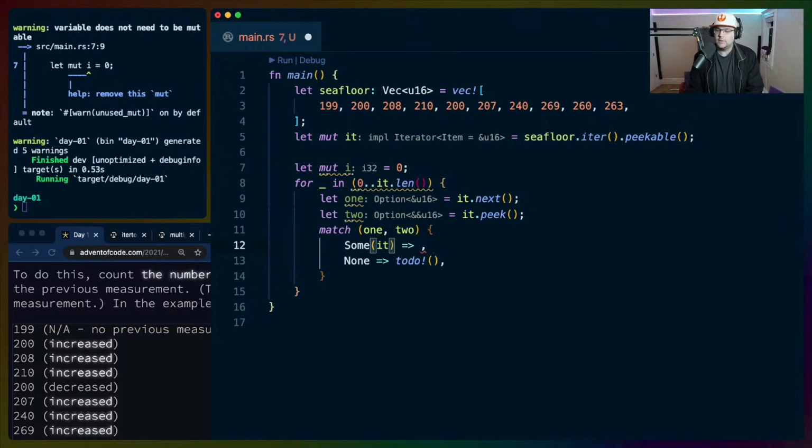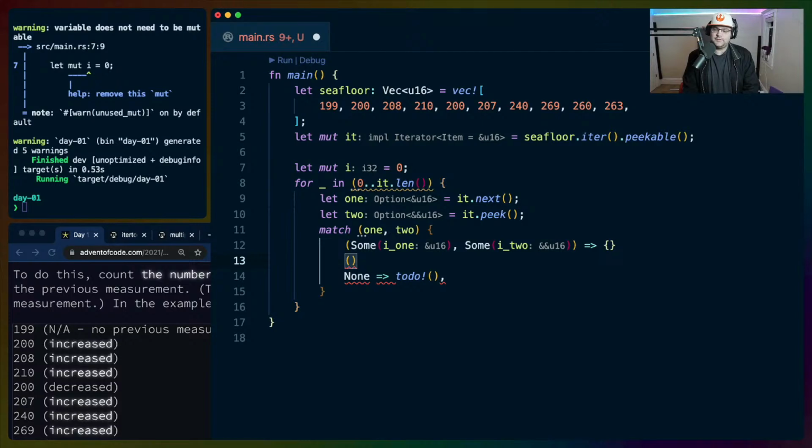So I'm combining these two so that I can match on them, so that when we have some for both of them, we do a thing. When we have some for whatever and then none, we're going to do nothing. Actually, for everything else, I think we're going to do nothing. So I'm just going to do this.